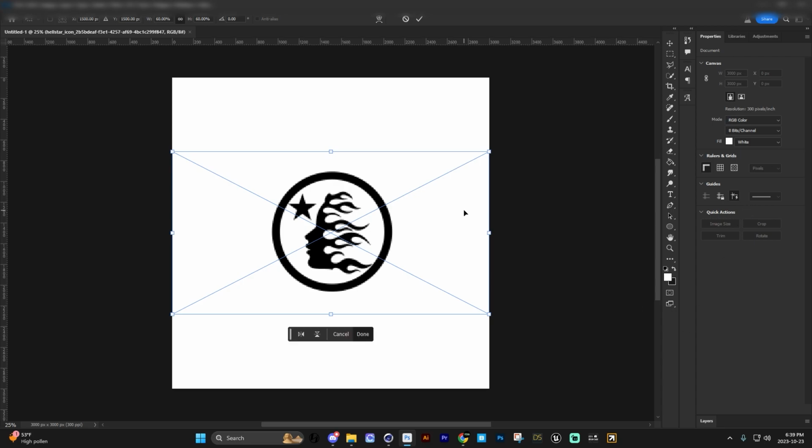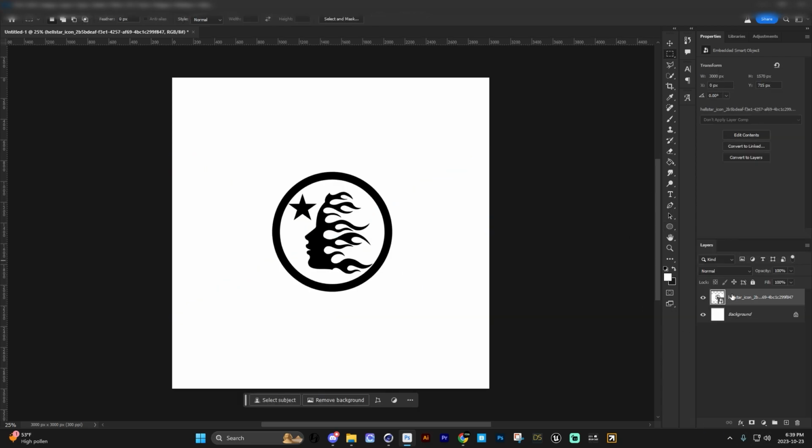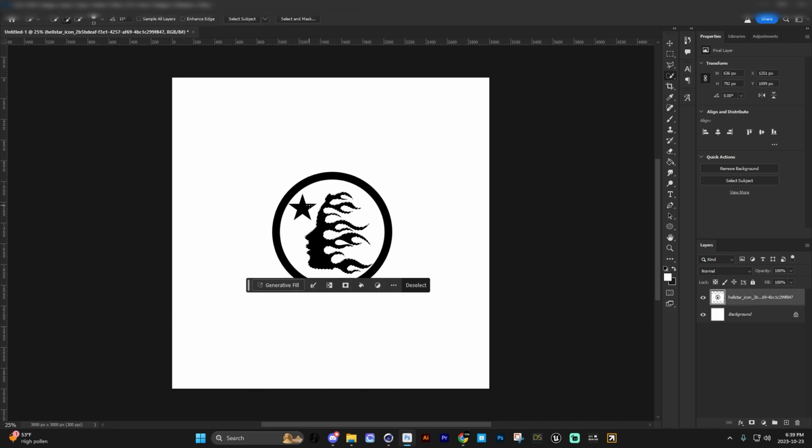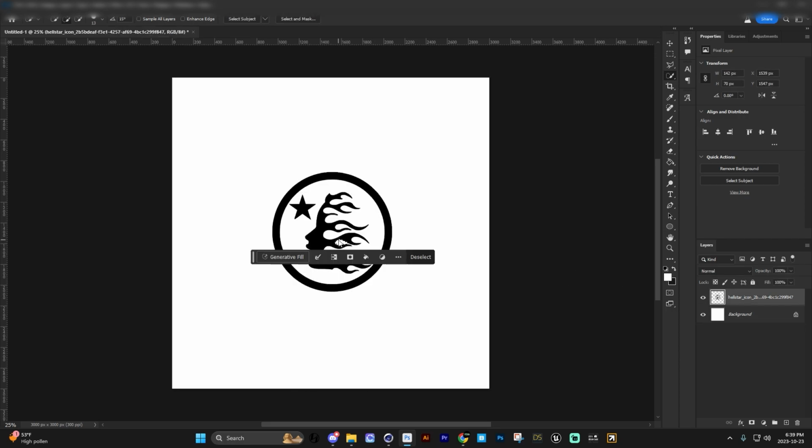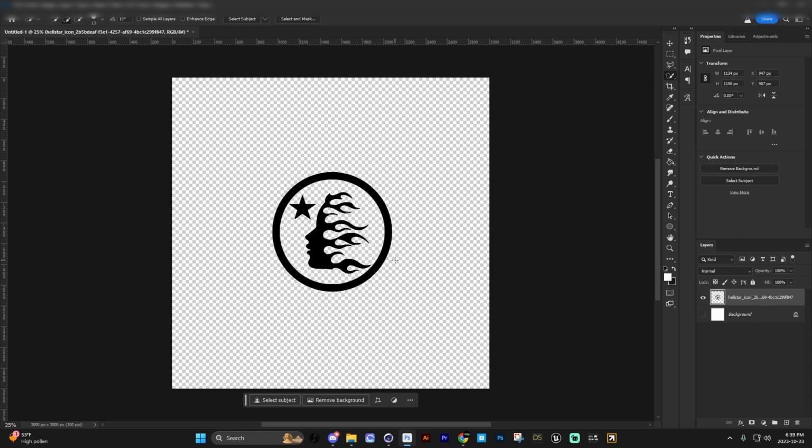So we want to drag and drop our logo, and as you can see, our logo is not a PNG. So you want to remove the background. You can either do this by doing convert to layers and then clicking remove background. Sometimes this doesn't work. As you can see, it didn't work properly. So we're just gonna Control Z and we're just gonna do it manually. So I'm gonna select this tool. Again, it's not really a tutorial, just a walkthrough kind of thing. So I'm not gonna be doing a step-by-step tutorial, but yeah. So we're gonna edit this, make sure that looks good. So yeah, you want it to be a PNG, meaning there's no background at all. You just have your logo.